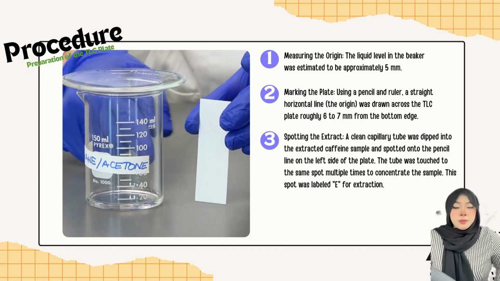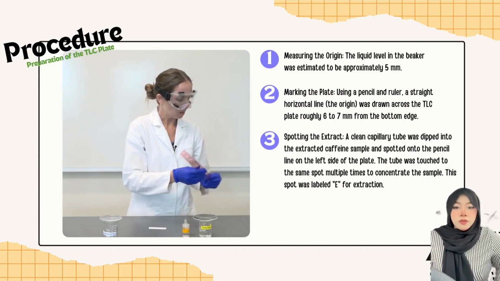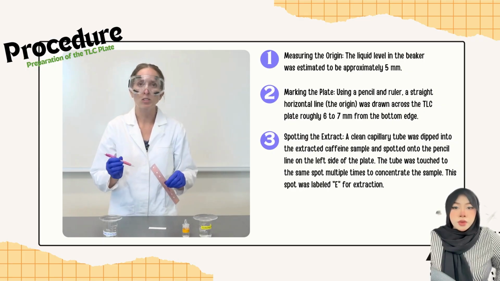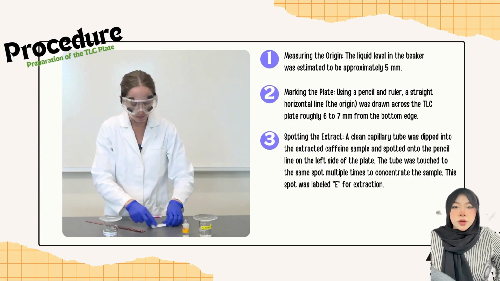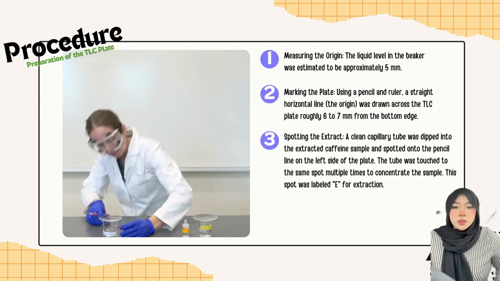The liquid level in the beaker was estimated to be approximately 5 mm. Next, we need to mark the plate. Using a pencil and ruler, a straight horizontal line was drawn across the TLC plate, roughly 6 to 7 mm